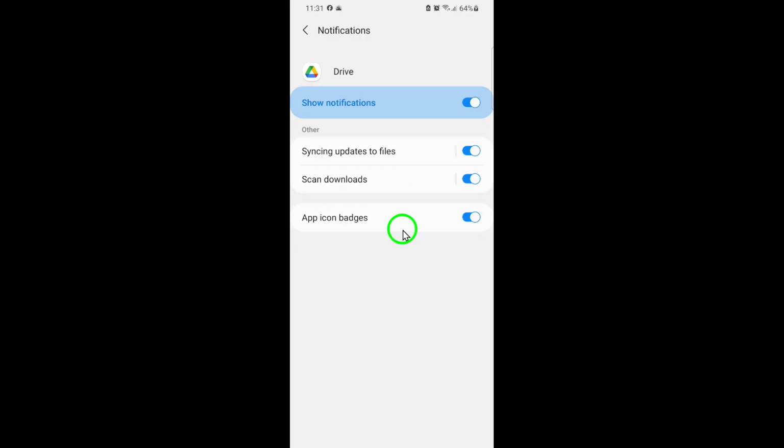And that's it. You've now enabled shared item notifications for Google Drive on your phone. It only takes a few quick steps, but it can make a big difference in how quickly you respond to new files and collaborations. So, to recap, open your phone's settings, go into Apps, tap on Google Drive, then Notifications, head into Notification Categories, tap on Shared Items, and finally select Alert. With this setup, you'll always be notified right away when someone shares something with you, keeping communication and teamwork smooth